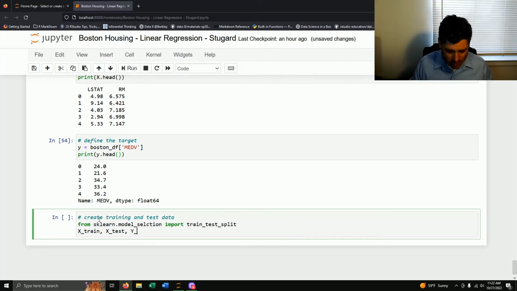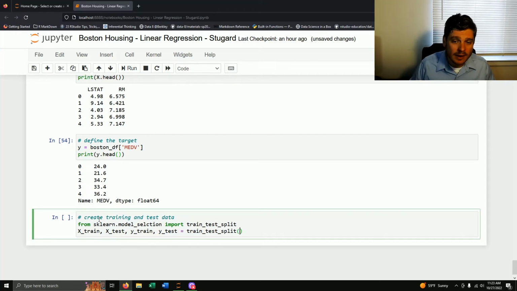Then Y underscore train, comma, Y underscore test. So I'm creating those 4 different objects, and I'm training my testing data for everything. I'm going to figure that out from running that function I just imported,